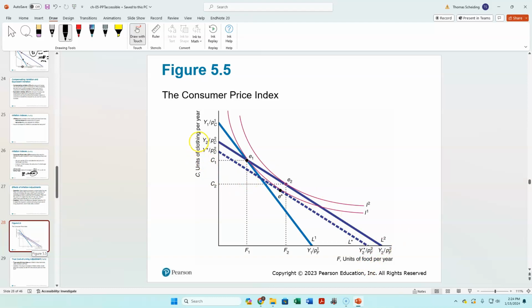So now both the goods on the X and the Y axis are changing. Looks like here food is becoming more expensive and, wait, sorry, that my clothing is becoming cheaper and that my food is becoming more